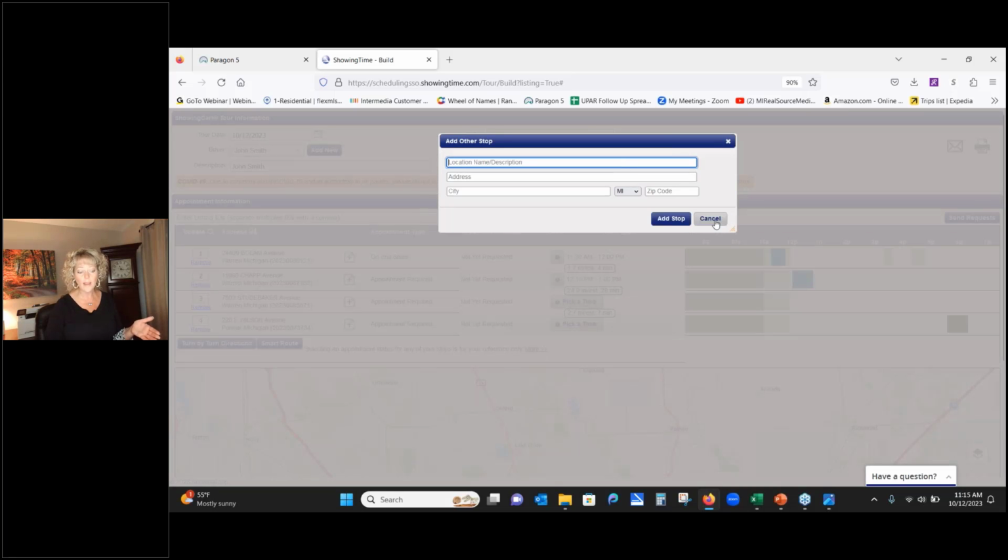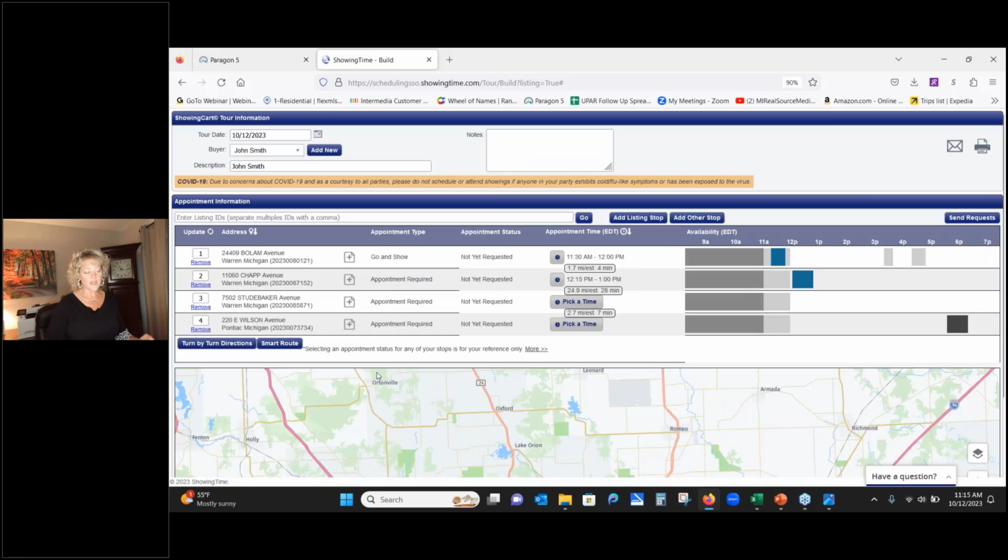And I'll tell you why. If you put all of these together and you send them out to be confirmed, you can even get turn-by-turn directions sent to you that you can forward on to your buyer. That way they're not calling Mary every 5 minutes like, what house we see next? What house we see next, Mary? It'll actually send them the logical order of driving as well as where the stops are. So really easy to use the showing time cards. I'm a big fan of them. I didn't know about them for a long time, so that was another thing that I wanted to incorporate into